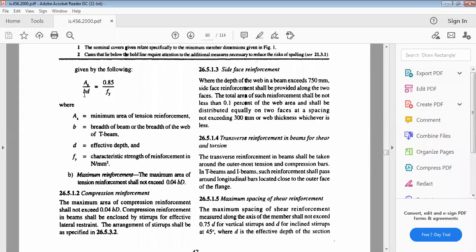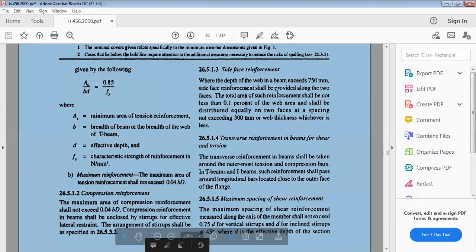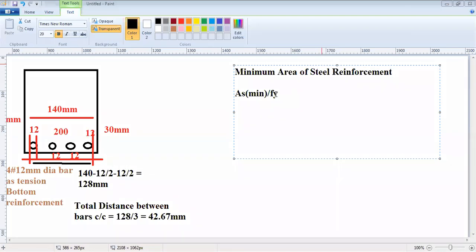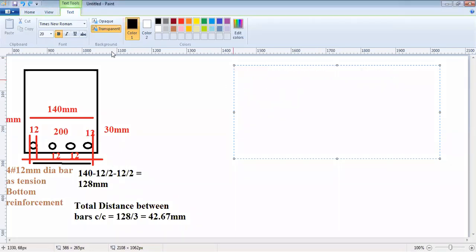This one, As by bd is 0.85 by fy. So this is As by bd is 0.85 fy by fy. So As is As minimum, which is required,